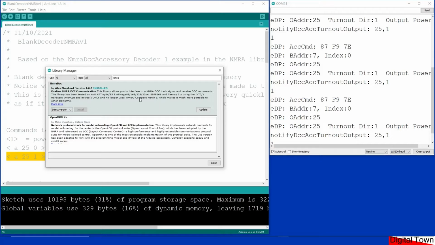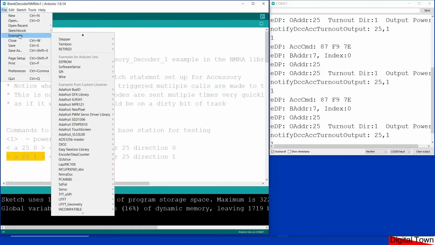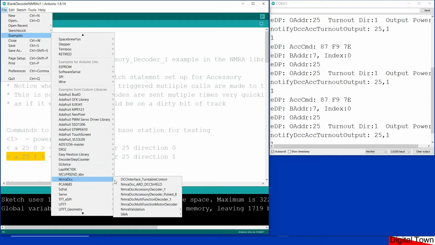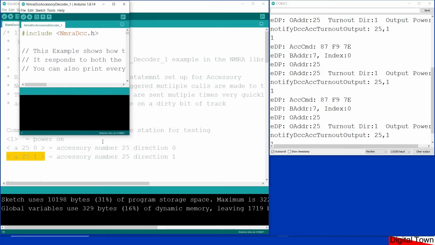Now obviously I've got mine installed, so I'm not going to install it again. Once it's installed, you'll get some examples, and if you then go down to the NMRA DCC library, you will find a script, NMRA DCC Accessory Decoder_1. And if I bring up this script,